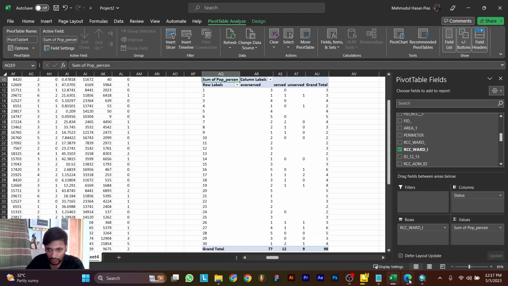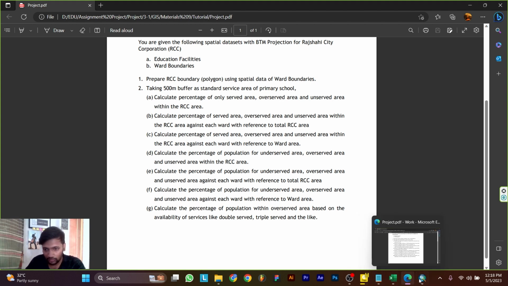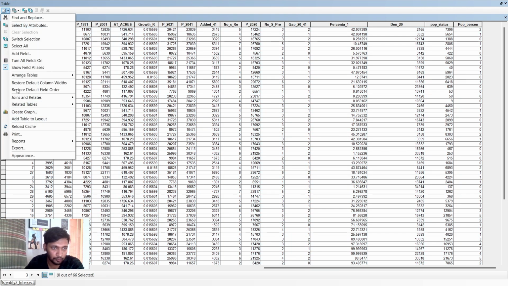Okay, so our question number E is now solved. Another question is to calculate the percentage of population for underserved, overserved and unserved area against each odd area, reference to the odd area. Similarly, the question number C. So in this case we will just put another equation in the attribute table, clear everything, then put